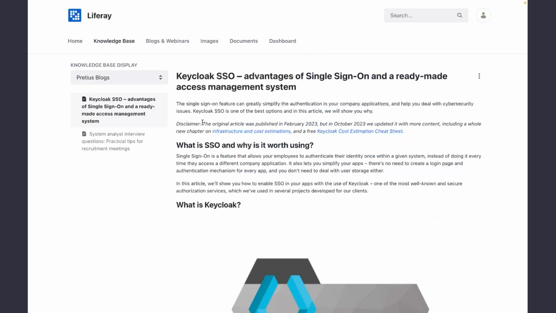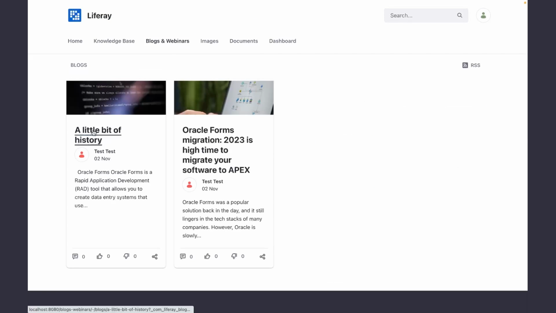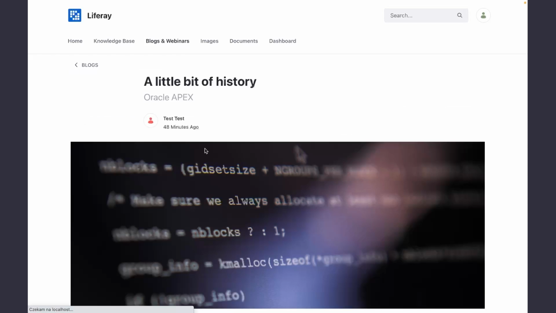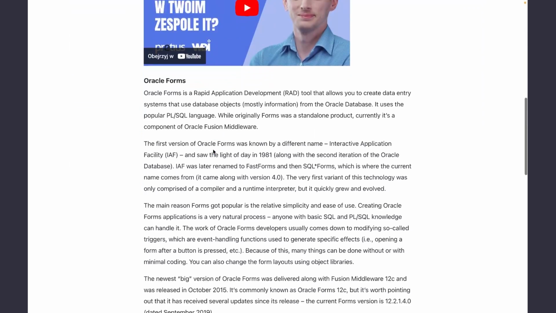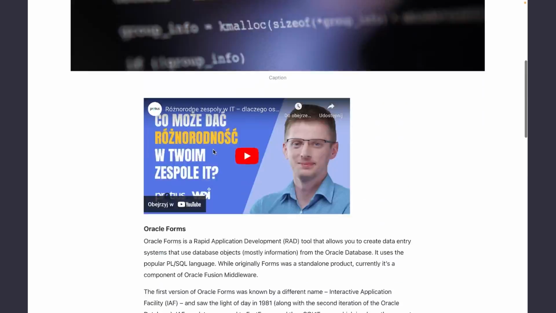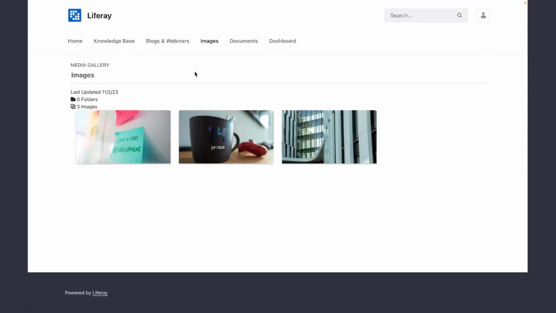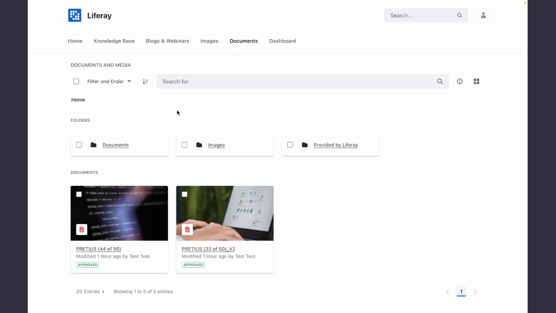Knowledge base to store, for example, documentation, blogs and webinars for our blogs, news of the organization where you can read them in full. Okay, images, where we can store images, documents to store the files and manage them, and the dashboard with some